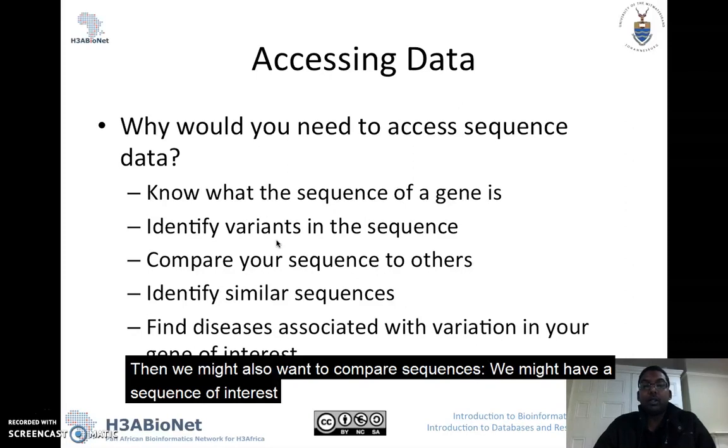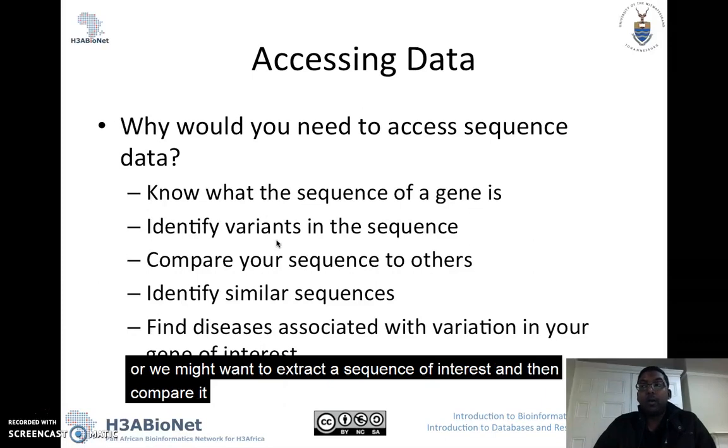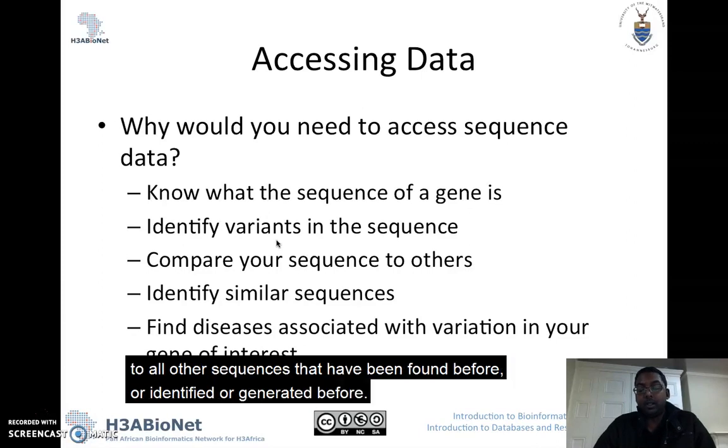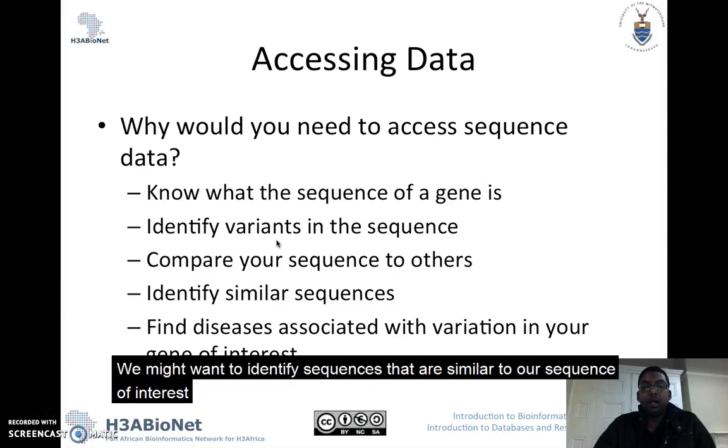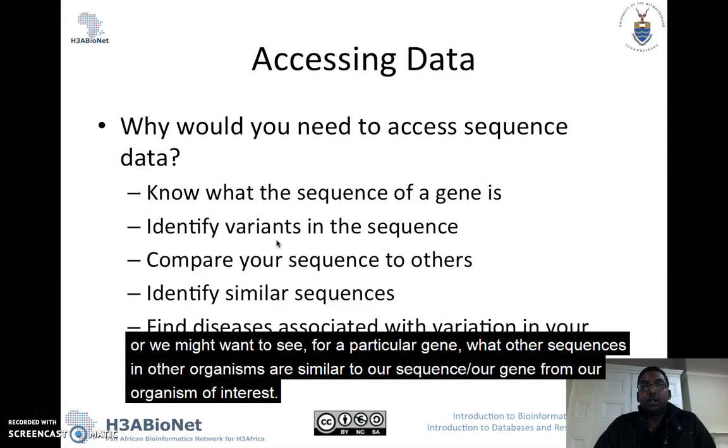Then we might also want to compare sequences. So we might have a sequence of interest, or we might want to extract a sequence of interest and then compare it to all other sequences that have been found before, identified or generated before. We might want to identify sequences that are similar to our sequence of interest, or we might want to see for a particular gene what other sequences in other organisms are similar to our sequence or our gene from our